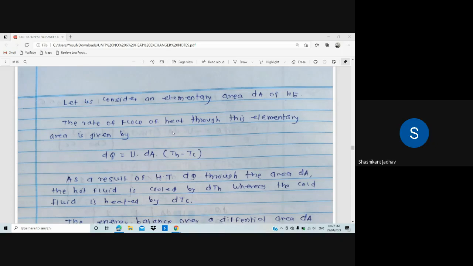Okay, then write on the next line. We have to write down the equation for that particular area. How much amount of heat is the rate of flow of heat through this particular elementary area. So for that we have to write down the equation. So all of you write down: the rate of flow of heat through this elementary area is given by